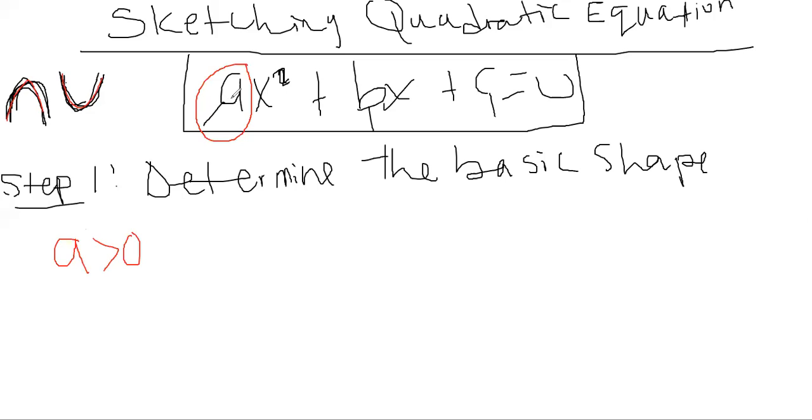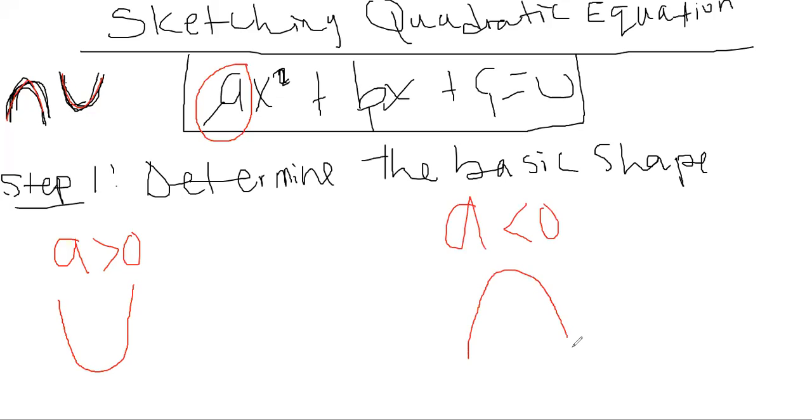If it's positive, then the basic shape of this curve will be what? It will be a U shape. It will shape like this, the graph. It will shape like this if it's greater than 0. But in a case whereby A, the coefficient of the quadratic term, is less than 0, the shape of this graph will be what? Inverted